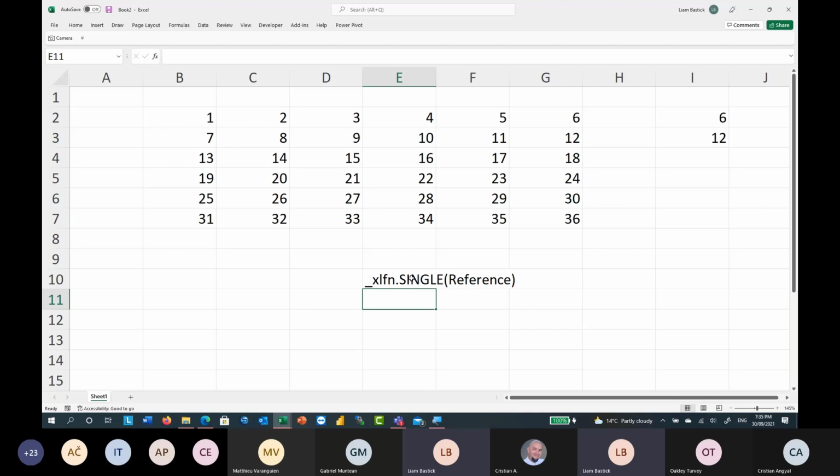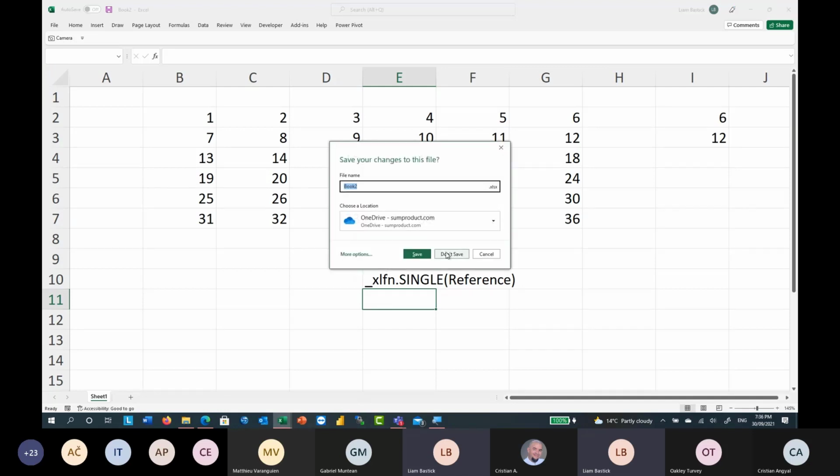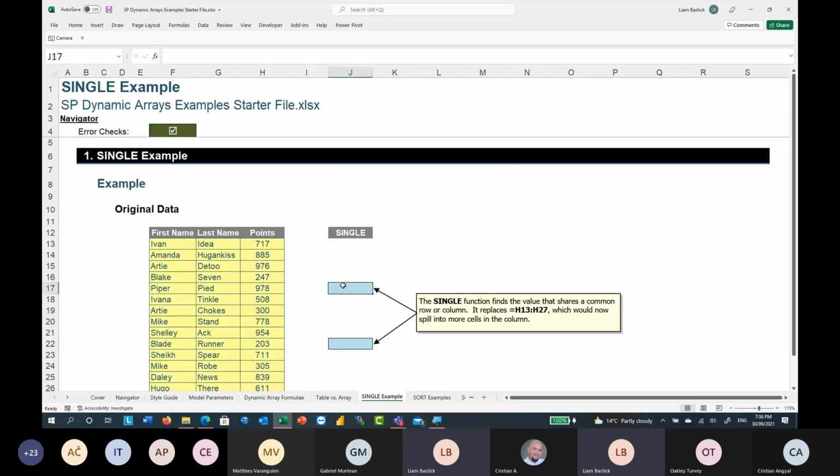And these things are known as implicit intersections. So just be aware of this, that this can be an actual issue. So if you see @ symbols from old versions of Excel, the best thing to do is just leave them alone. So just to highlight, if I go back to the actual file that I've got here,